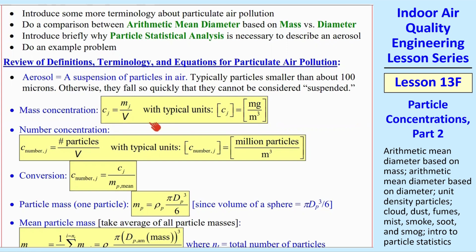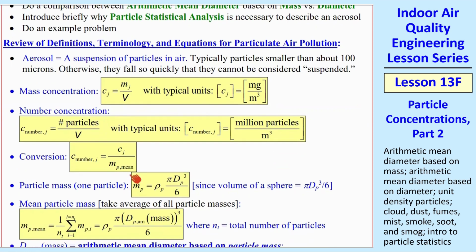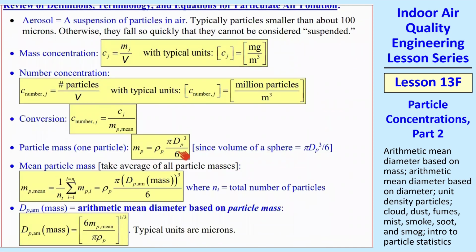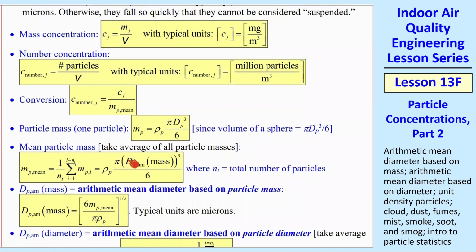Mass concentration, we know what that is. And then number concentration is number of particles, and that's typically in units of millions of particles per cubic meter. The conversion between the two we gave last time. And then particle mass for one particle, this is the volume of a sphere, so it's just density times the volume. Mean particle mass, you take the average of all the particle masses, so we have this equation, and then